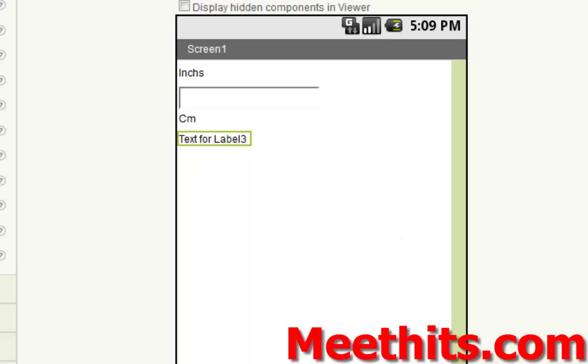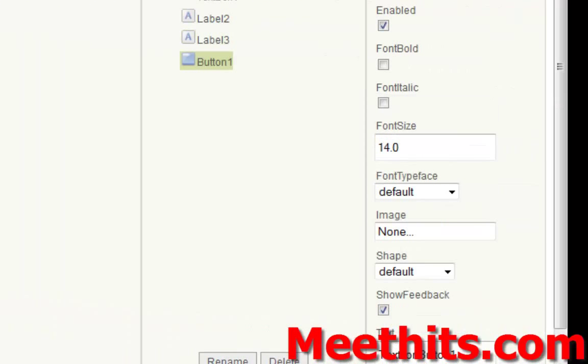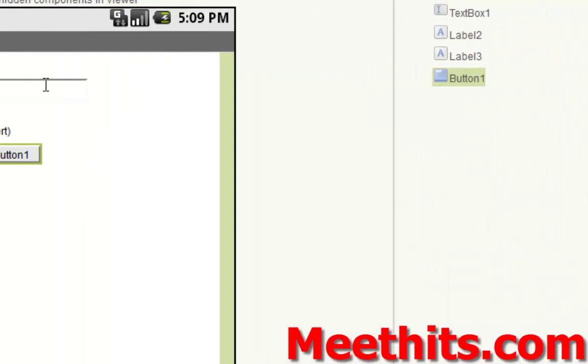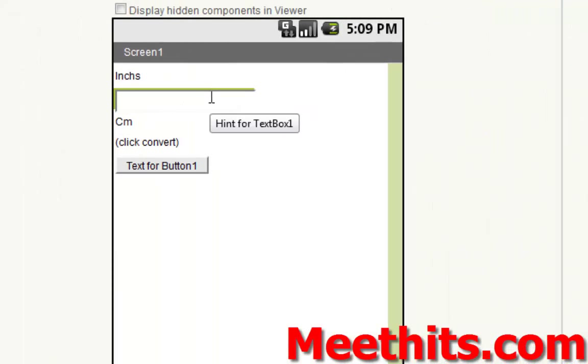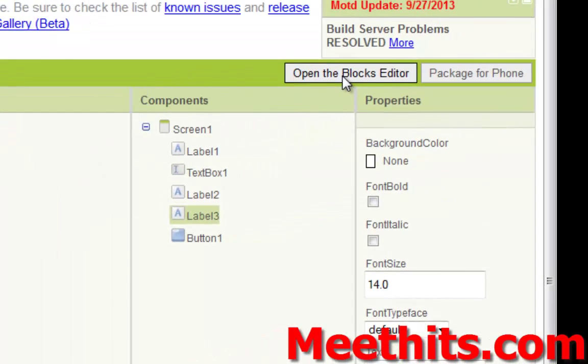For just now, you just say click convert. Now when somebody puts a number here, clicking convert will automatically display the result in centimeters. Now you have to open the blocks editor.